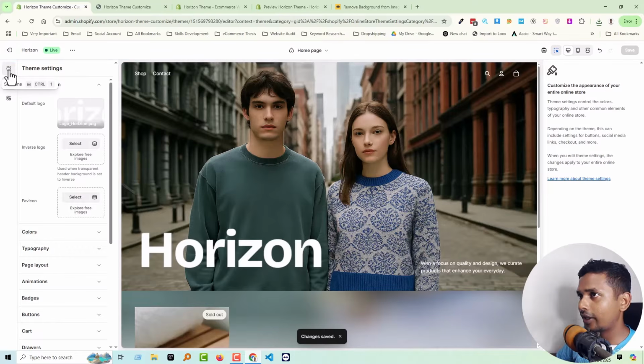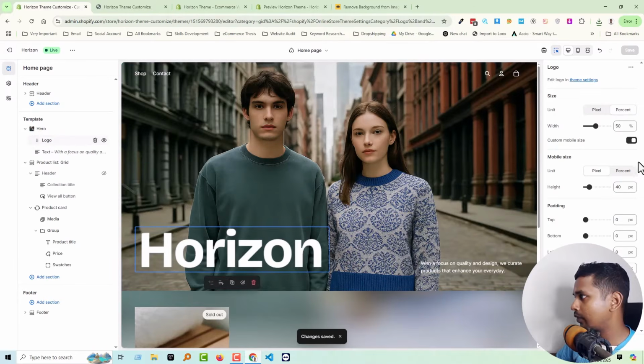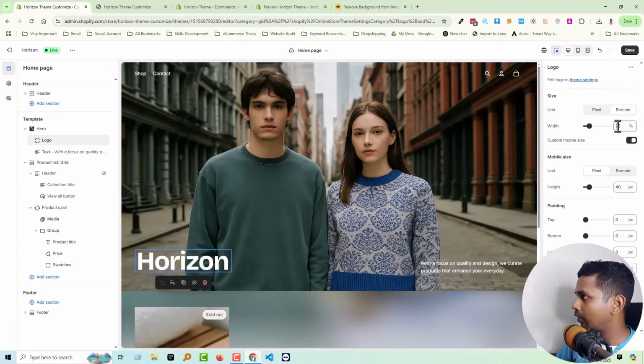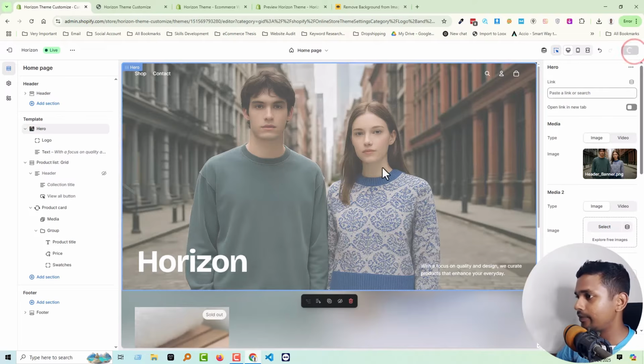Also we can do another thing in here. We can change the logo size. Click on logo, and logo width we can make it 25 pixel. Yes, or 30 pixel. Looks good. Okay, after adding logo it looks good. Then click on the save,